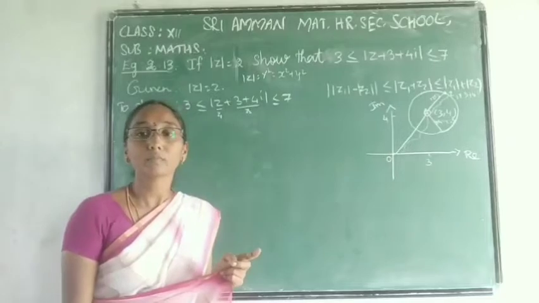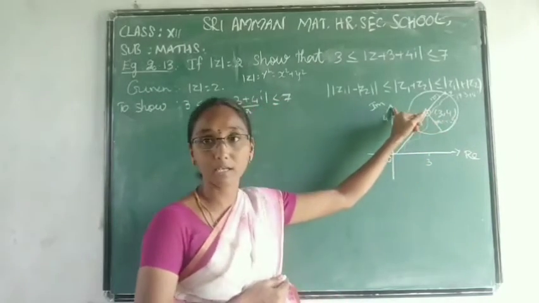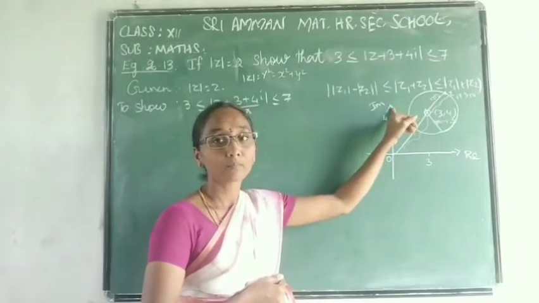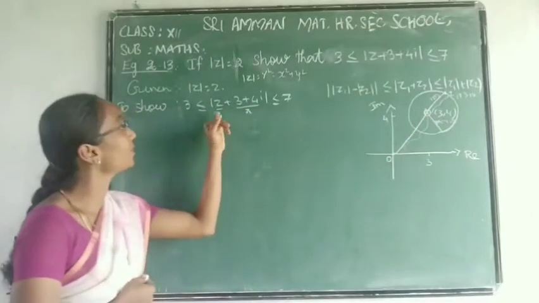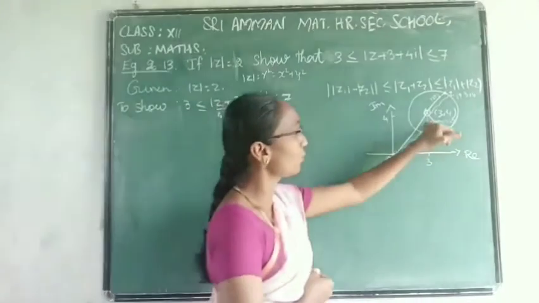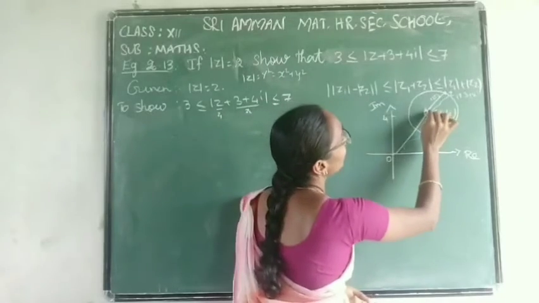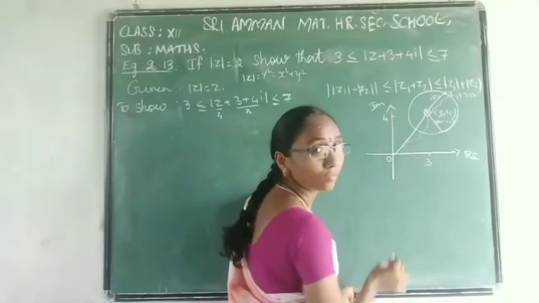Okay? Do you understand? First, real axis, imaginary axis. Okay? What is the part of this one? z plus 3 plus 4i. 3, 4 is in this place. Modulus of z value is 2. So, modulus of z is 2.